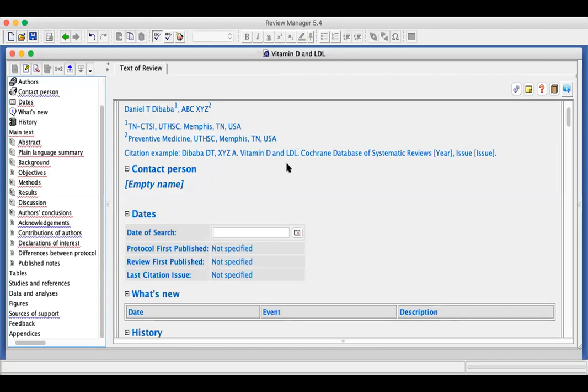And the title of the study appears here with the citation example. So for our purpose, let's have a look at the data analysis section. So under every outline, there is a subtitle, abstract. Under abstract, we have